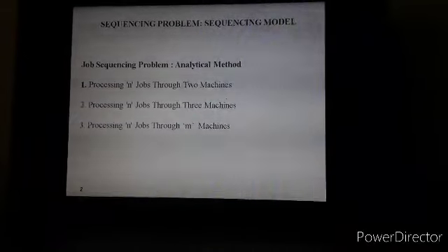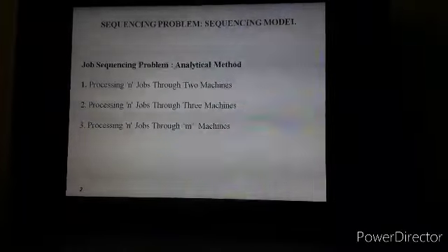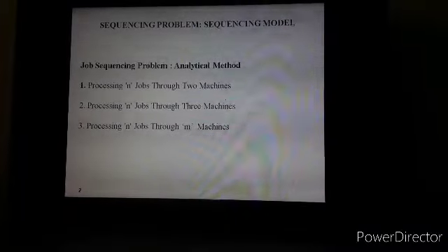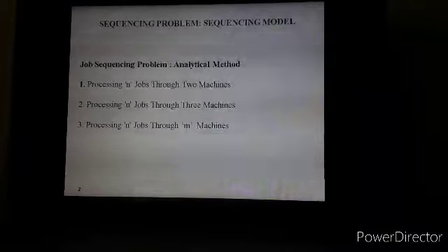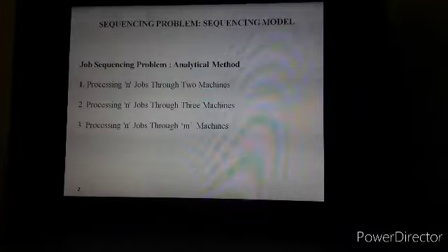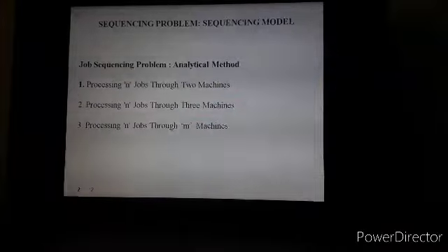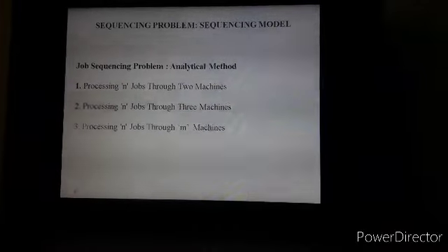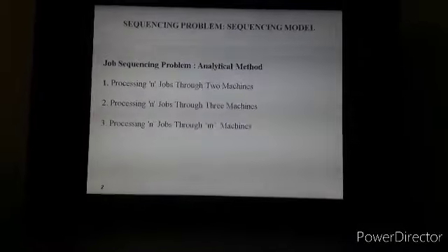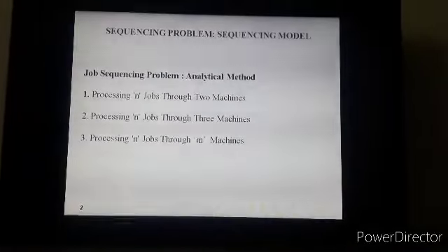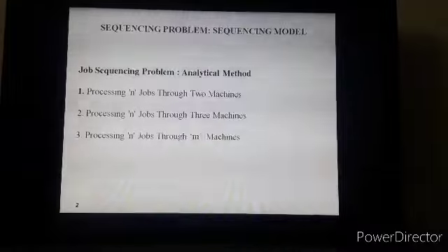The objective of any industry is to optimize and utilize all these resources to increase production as well as the quality of the product. In this direction, we have the sequencing problem or sequencing model topic for us.